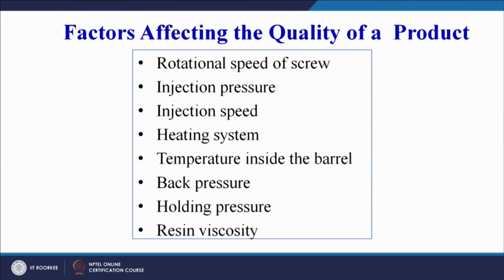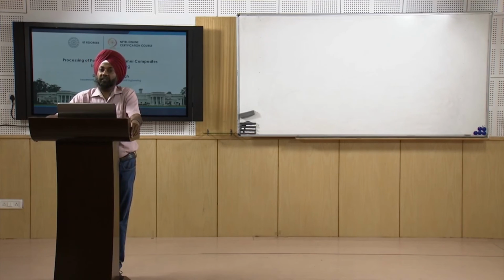Very quickly we can read these: rotation speed of the screw, injection pressure, injection speed, heating system, temperature inside the barrel, back pressure, holding pressure, resin viscosity. And this list is not complete. There can be other parameters also which can affect the quality of the product made by the injection molding process. But certainly as engineers we can keep these important parameters in mind, that we need to optimize for a specific combination of a polymer and the fiber, so that we get a good quality